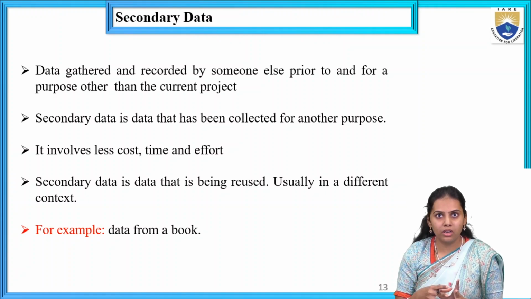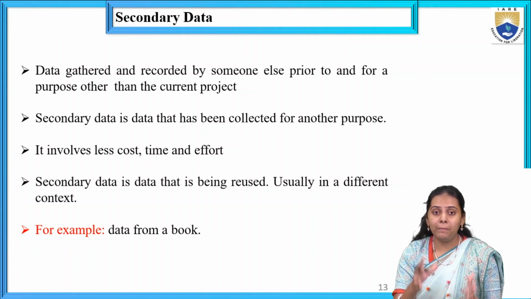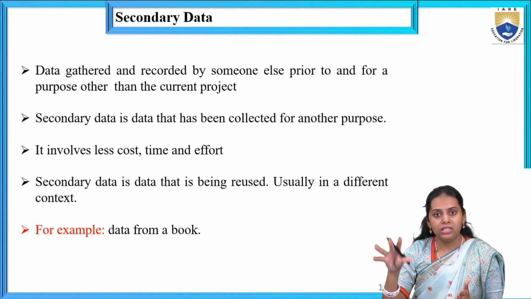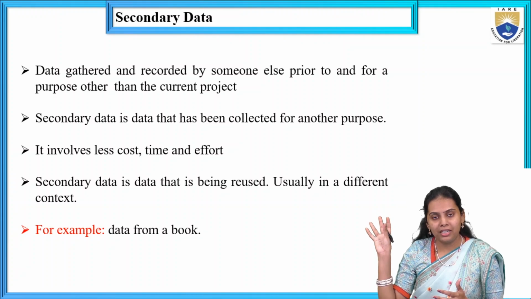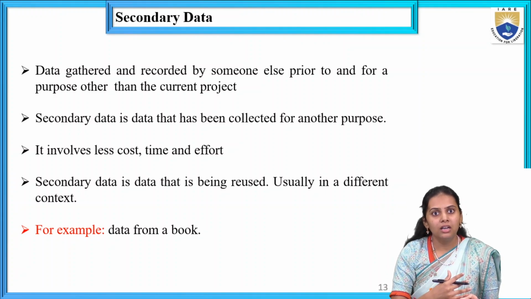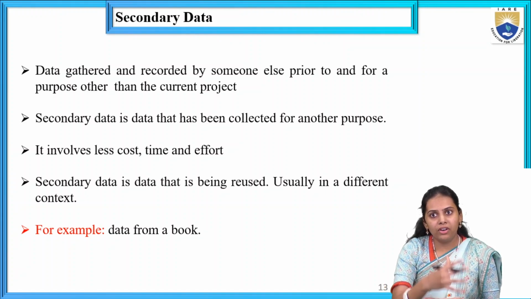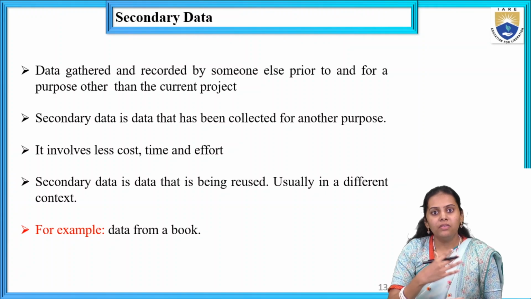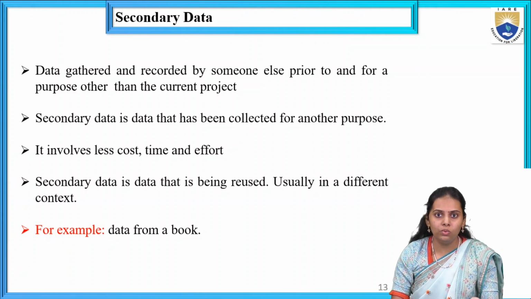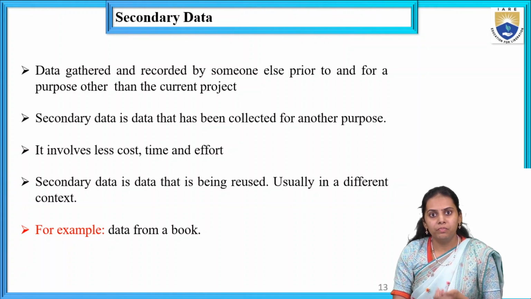For example, a published book already written by some author, who already collected primary data, gathered it and published it, and we are taking it as secondary data collection, because those are all the references we are searching, and we use them as references to follow, and to give some other new or novel idea or some innovative thinking. So that was the thing.